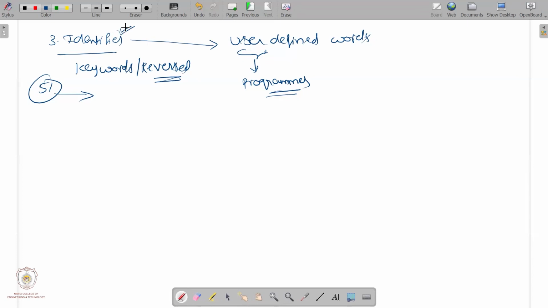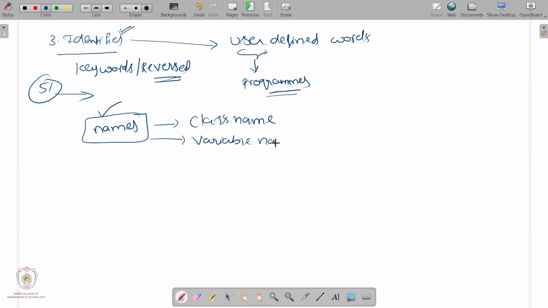So what are the words that we will use as identifiers? These are basically the names. Identifiers are basically the names. It can be a class name, or a variable name, or a method name. Basically, if I want to identify an object in my program,